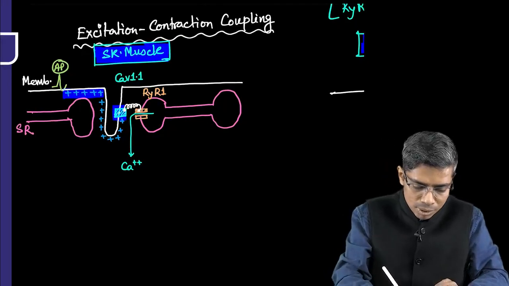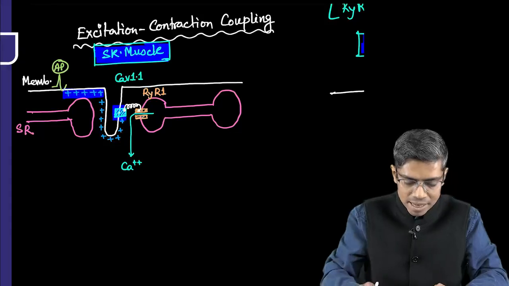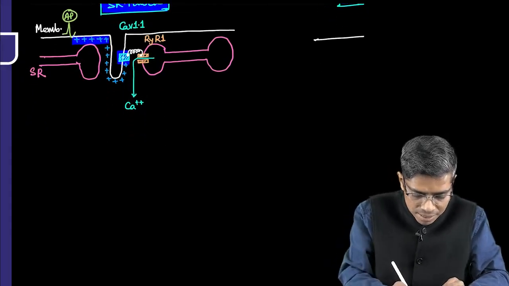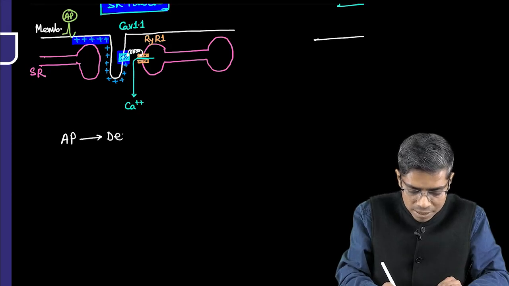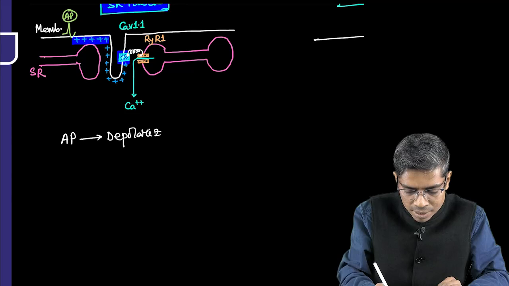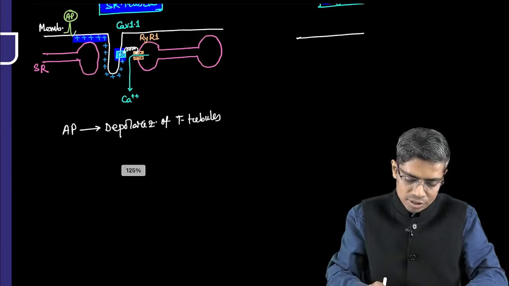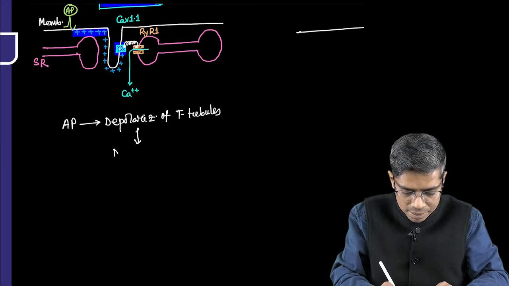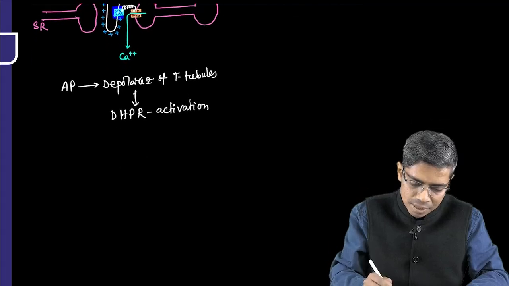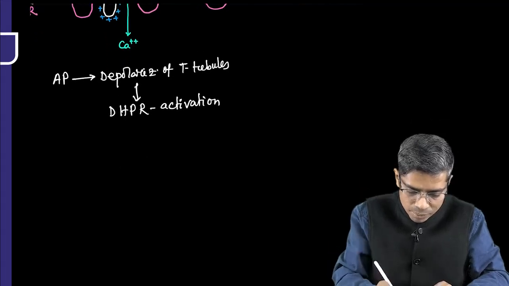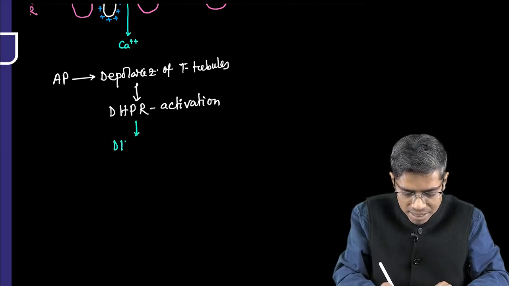So now you look at the whole mechanism, how this is happening. So I'm writing, first there is an action potential on the muscle membrane that is causing depolarization of T tubules. Because of the depolarization of the T tubules, what is happening? The DHPR channel is activated. Activation, DHPR channel activation. Now whenever this DHPR channel is active, what is this DHPR doing? DHPR is interacting